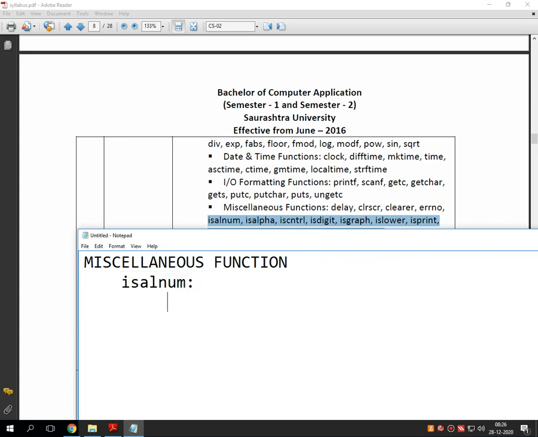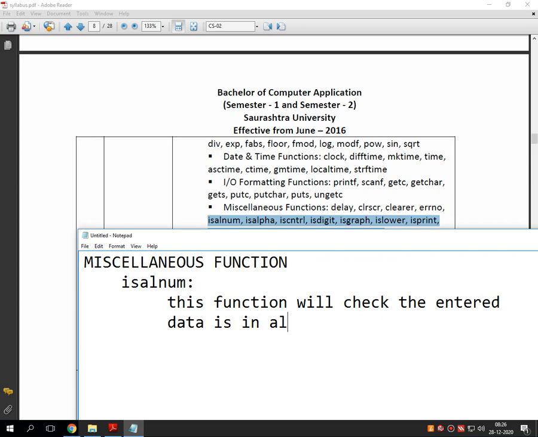Now, the functionality of this particular library function is that it will check whether the entered data is in alphanumeric format or not.